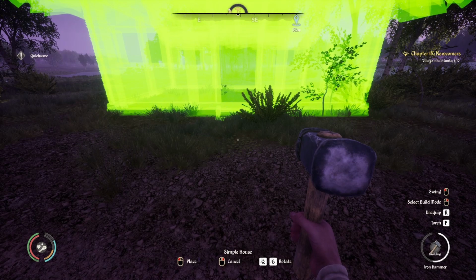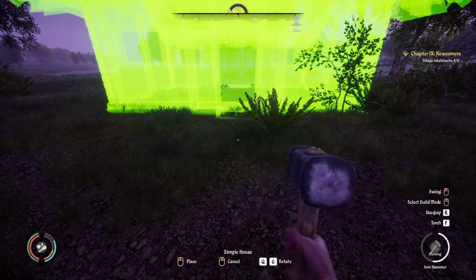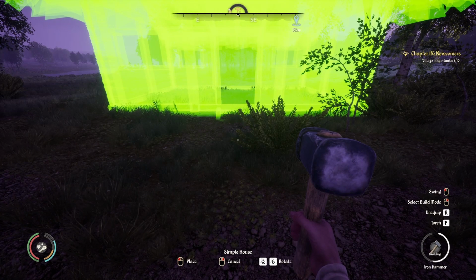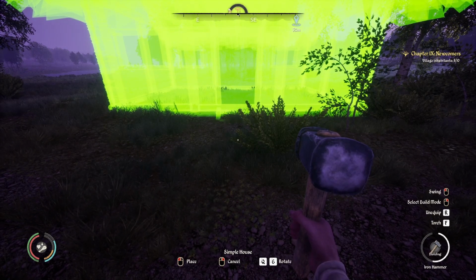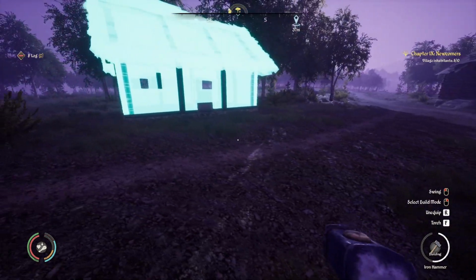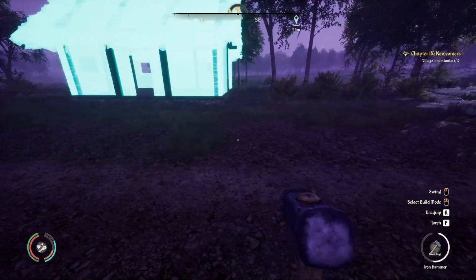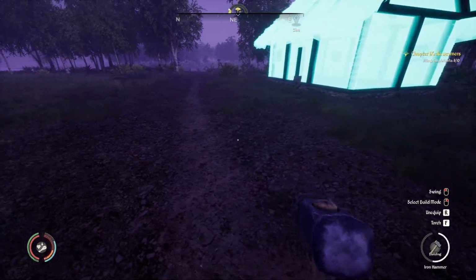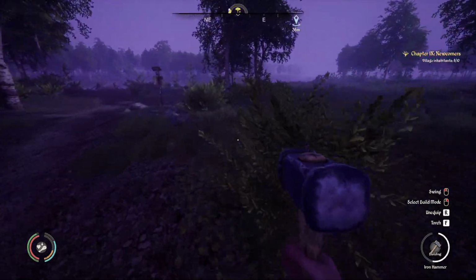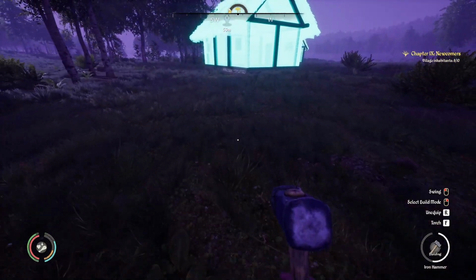Let's do an F5. Might kind of give these a little bit of a front yard. Let's try that. Okay, that's not too bad. And then I can maybe do a little bit of a fence or something. And then maybe we can do...